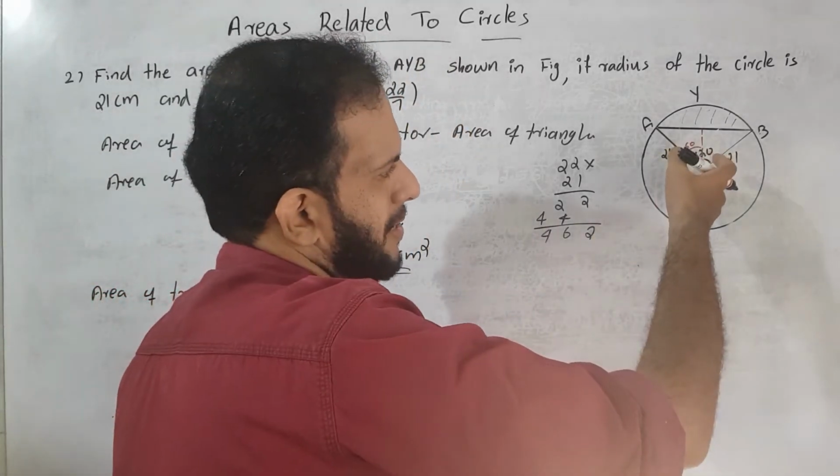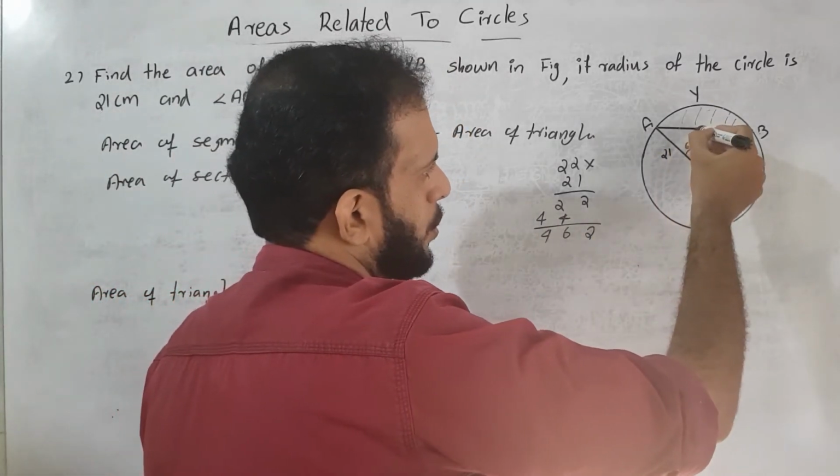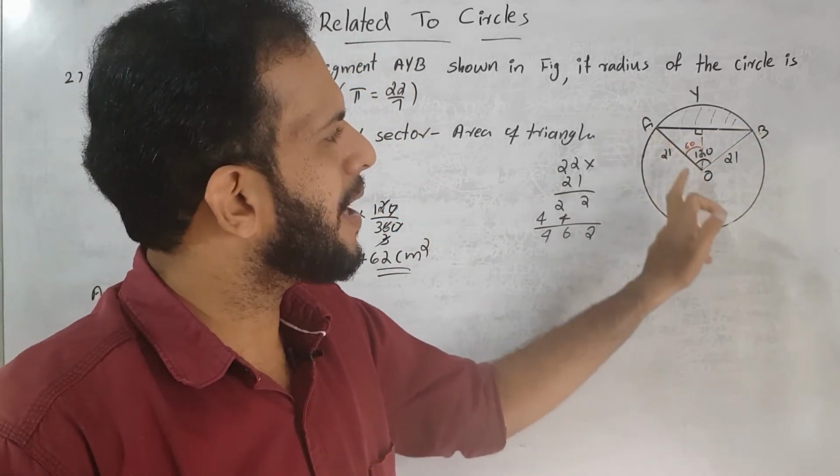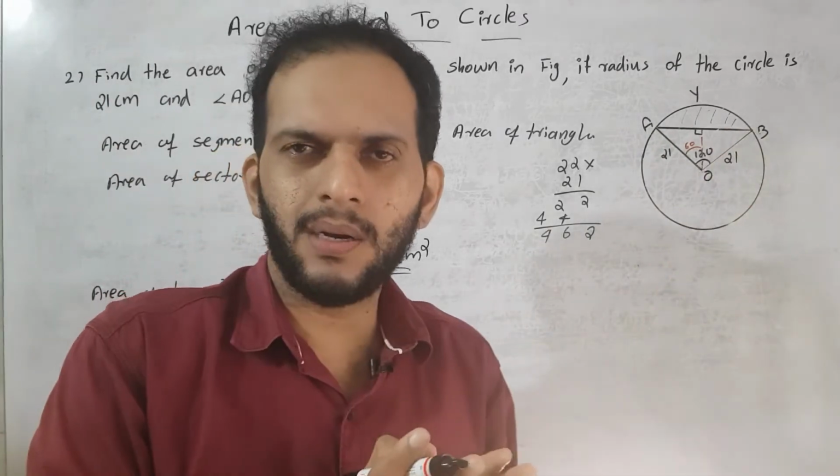Okay, but we know that we get the idea. If we construct the perpendicular from O to AB, that perpendicular divides the central angle AOB into 2 parts and